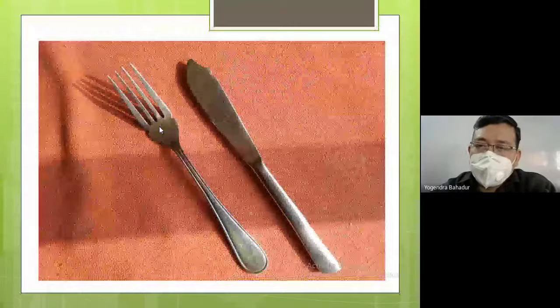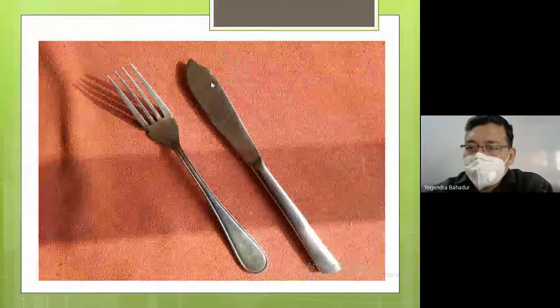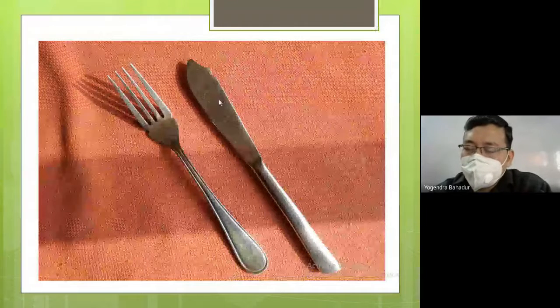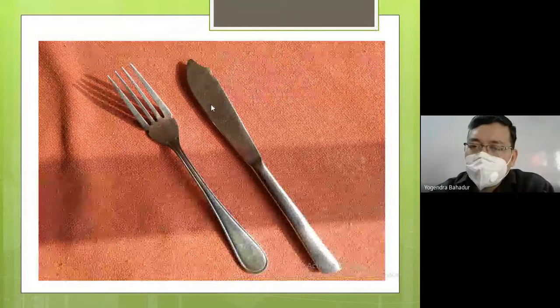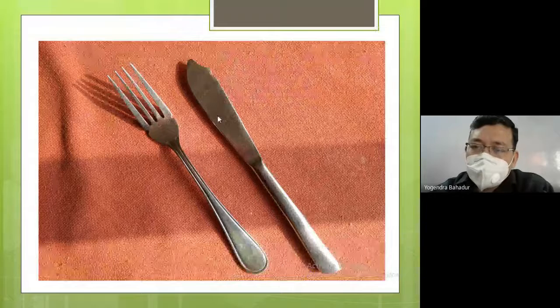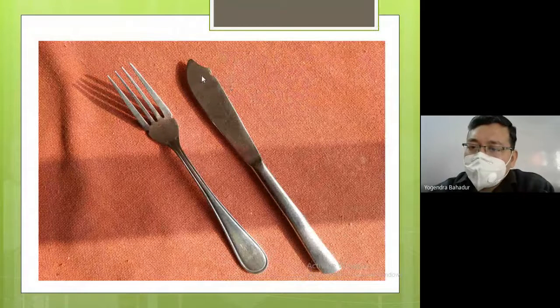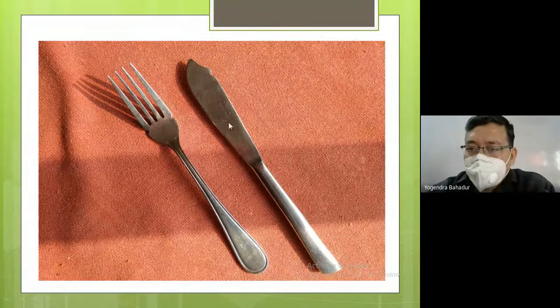As you can see in front of the screen, the knife is there. This is not the knife which is used by the kitchen people to cut vegetables and all that. It is the knife generally used by the guests to have the meal while sitting at the table. So the knife, as you can see on the right hand side, is known as the fish knife.